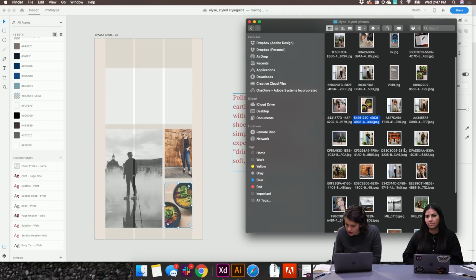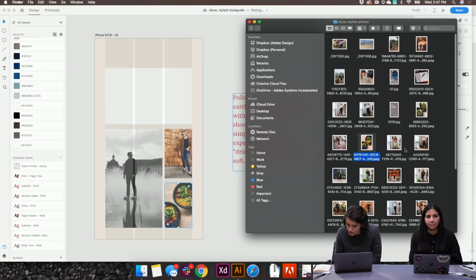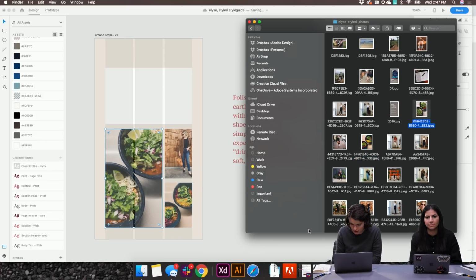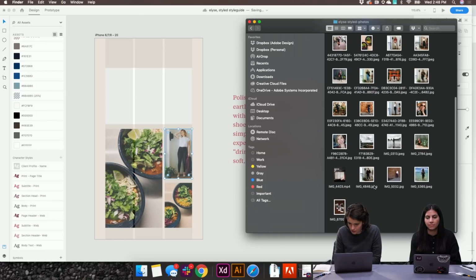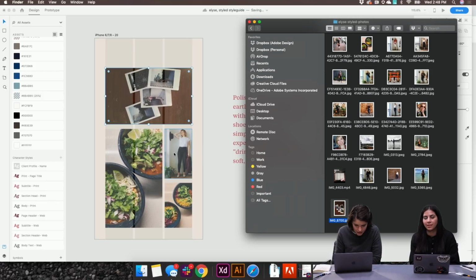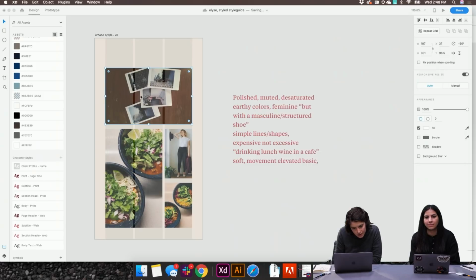So I'm just pulling in a few photos. I know there's another food one. I just want to show inspiration that's not necessarily clothes, but like a color palette that maybe we want.